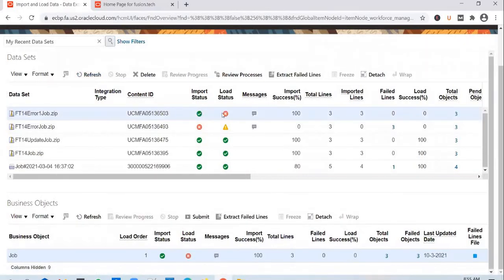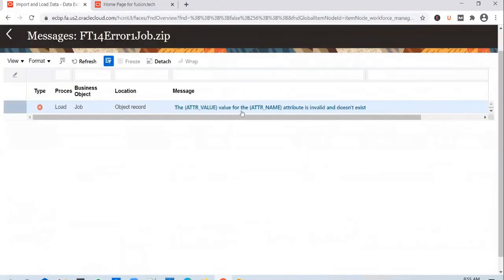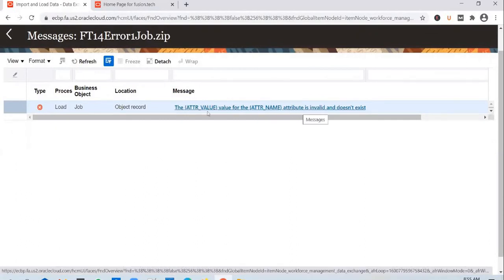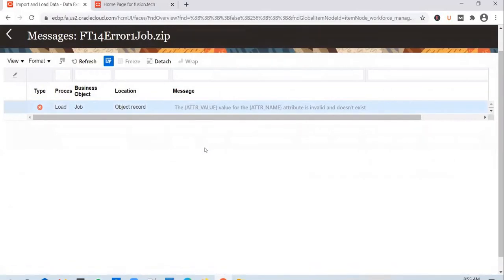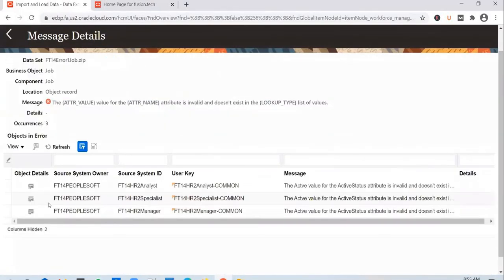So you see that the import went through successfully, but the load failed. If you look at why, it says some attribute is invalid. And if you want to see what that attribute is and what value we have passed, click on it. It will show you that 3 records have this error, and the value that you have passed for active status is invalid.